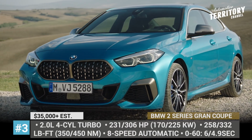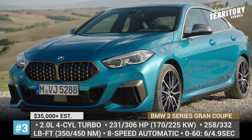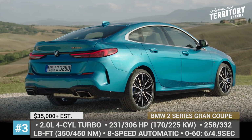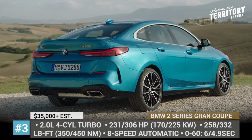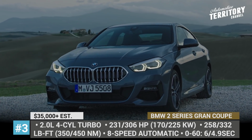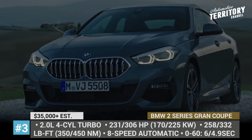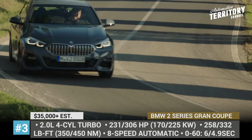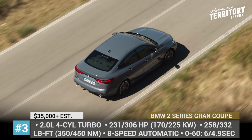BMW 2 Series Gran Coupe. The first ever BMW 2 Series Gran Coupe has completed its final testing and is ready to enter the premium compact segment in the spring of 2020. The new coupe shares the UKL2 platform with the 1 Series hatchback, inheriting the engine and interior design from a sister model. It will be sold in the US in 2 modifications, both powered by a 2.0-liter turbo 4